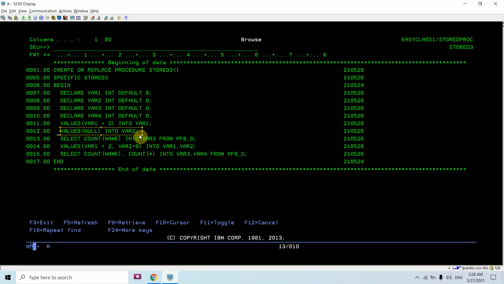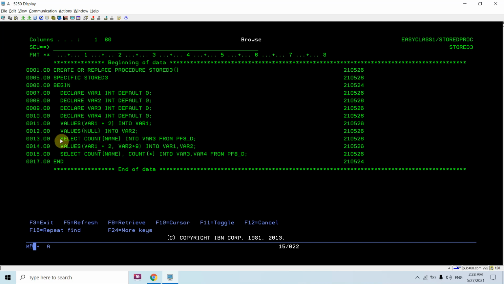Another way is to assign the null value to the var2 variable directly. So either an expression, a value, or a null value can be assigned to the variable using the INTO clause. VALUES combined with INTO makes it more powerful than before.